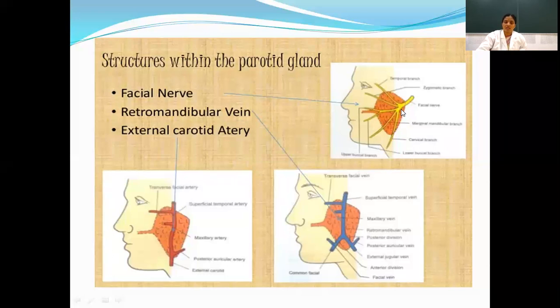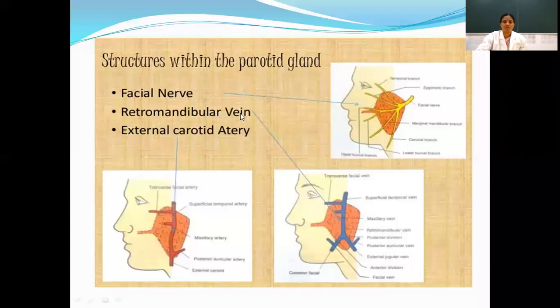By this division of the facial nerve, the parotid gland is divided into a superficial part and a deep part. This knowledge of the division of the facial nerve is important for surgeons while they are dissecting the parotid gland during removal of tumors, to avoid injury of this nerve. What is superficial to where the facial nerve emerges is the superficial lobe, and deep to that is the deep structure.